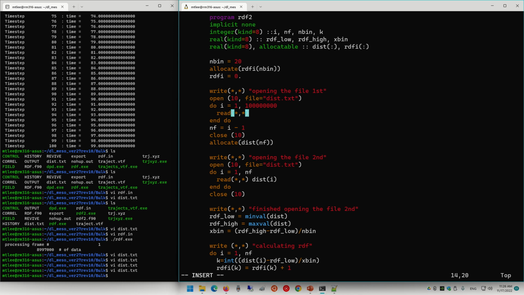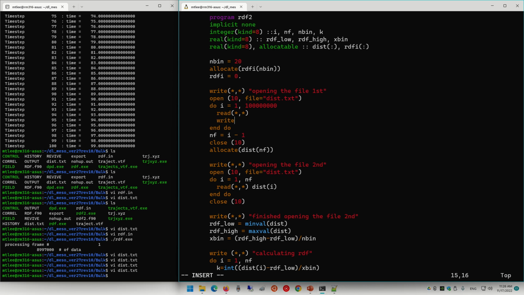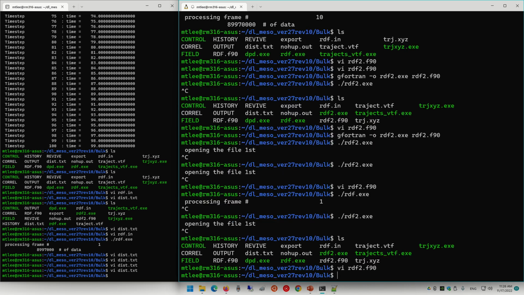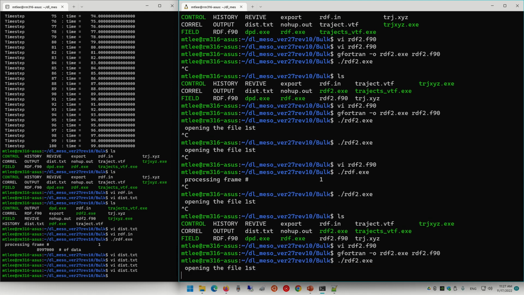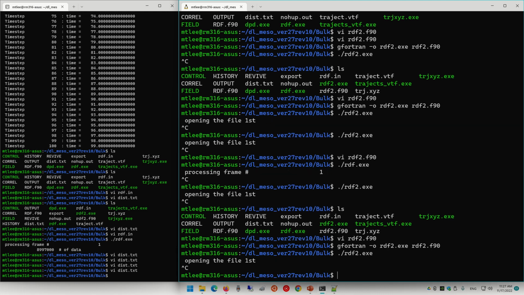You know, that's right. I don't believe it. I don't believe it. So gfortran minus RDF2.exe, RDF2.f90. So RDF2. See, something is wrong. Something is not right here.